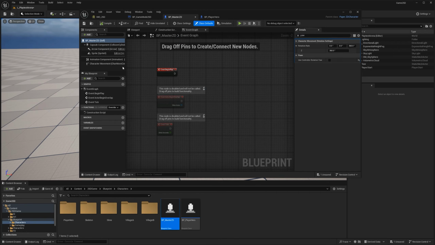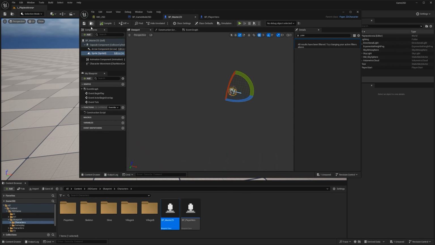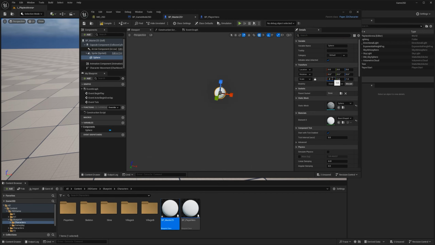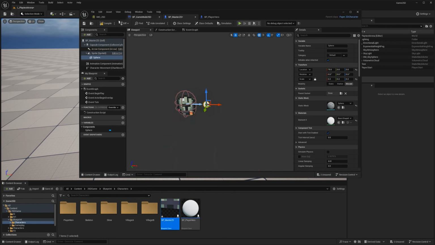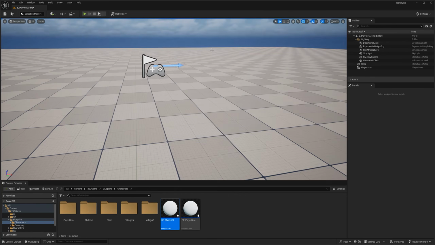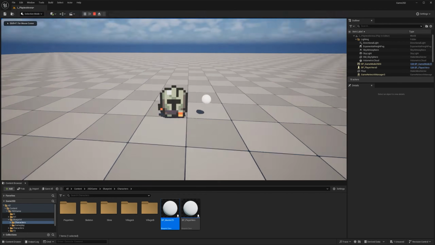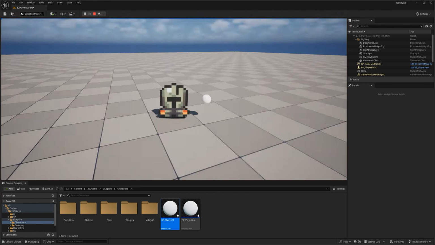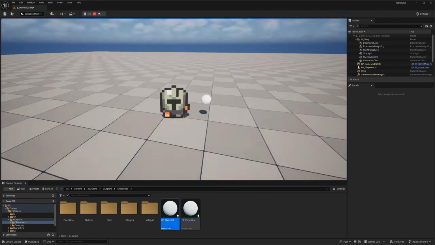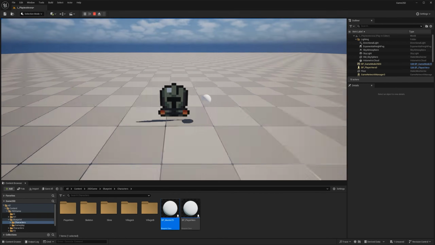Compile, save. So if you want to test it, what you can do is just go here, add, oops, sphere. Make that sphere tiny. And move that in the direction of the character arrow. So save it. And if I press play, you can see as I'm rotating, it's also rotating the world. Oh my god. So that's a mistake that we need to fix. Although this is kind of cool. Maybe you want to have a game that operates this way.